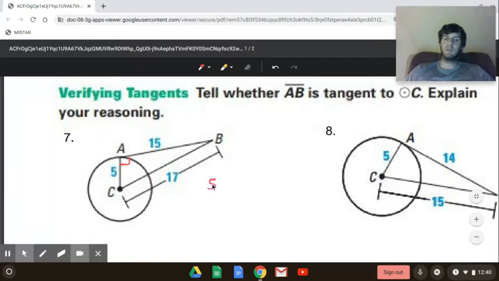So 5 squared plus 15 squared equals 17 squared. So that's 25 plus 225 equals 17 squared is,